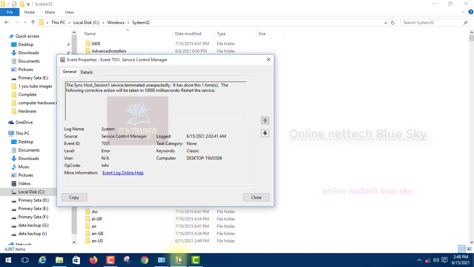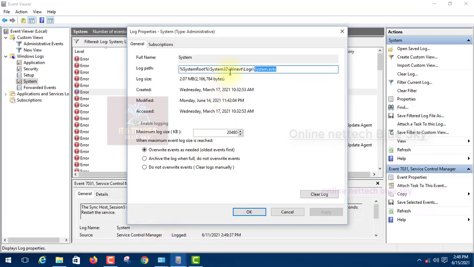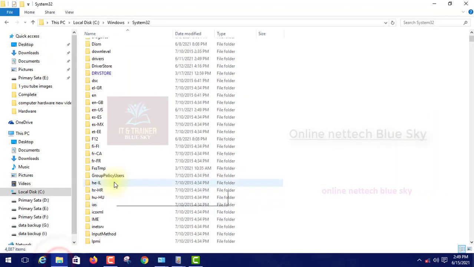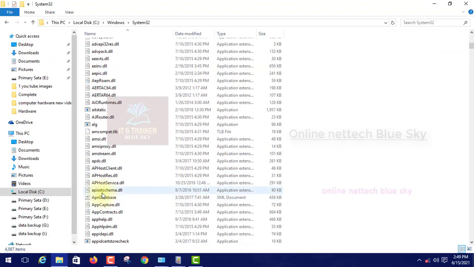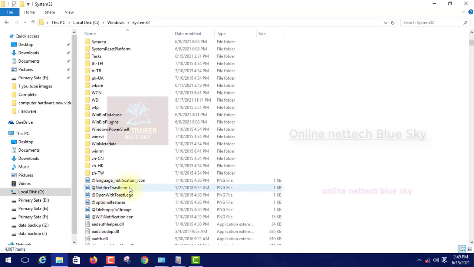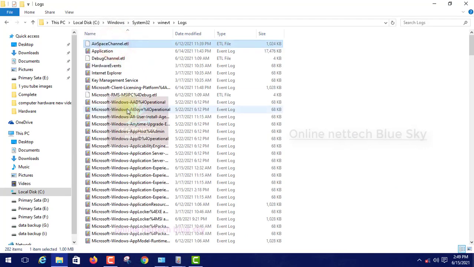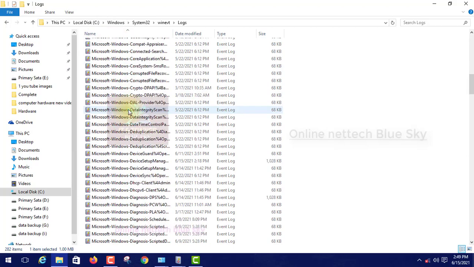Inside system32, first find winevt, and then logs. So first find winevt, then logs, and you can see all the logs here.